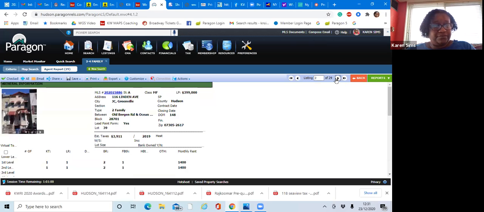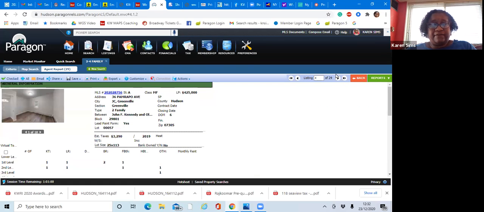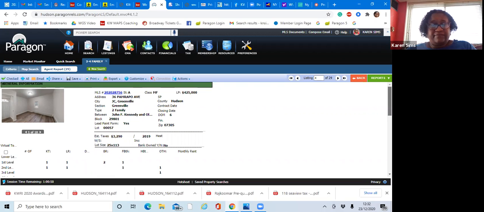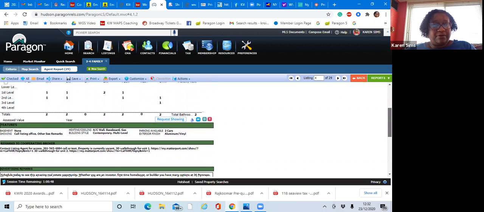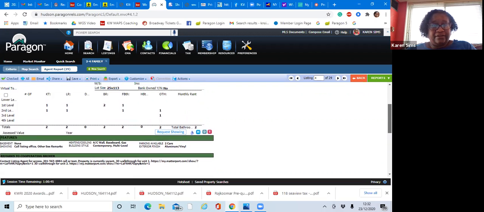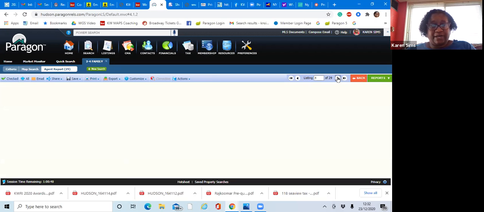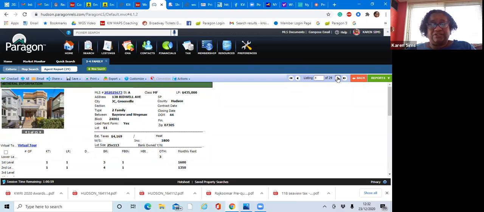And then you just scroll through each one. If they don't want to attach property, maybe not send it to them. If it only has like investors, this is a 2-family, but one unit is a studio, doesn't have a bedroom. Investors want to make sure they can get the optimal amount of rent that they can get. So this will not work for investors, especially at this price point. So just know your buyer, and you're only going to know your buyer by making sure you do a thorough buyer